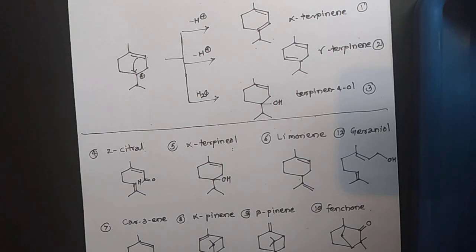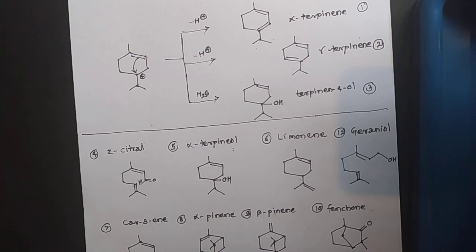Next lecture I will start the next type of terpenoids, which is sesquiterpenes, right? So how many carbons will be there? 15 carbons are there. Then after sesquiterpenes come diterpenes, 20 carbons, and from an exam point of view diterpenes are more important than sesquiterpenes and others. In that we have to learn vitamin A, abietic acid, and so on. Okay, so see you in the next lecture.